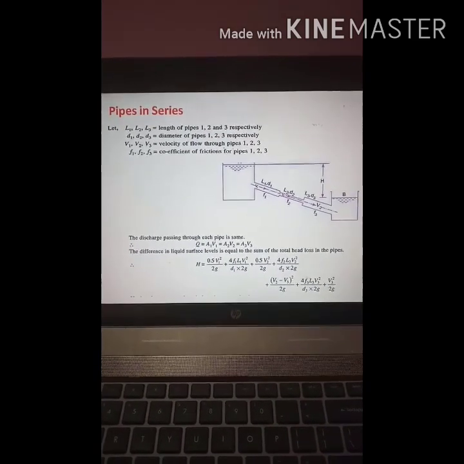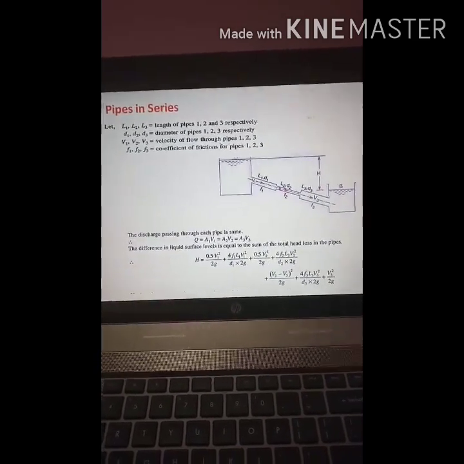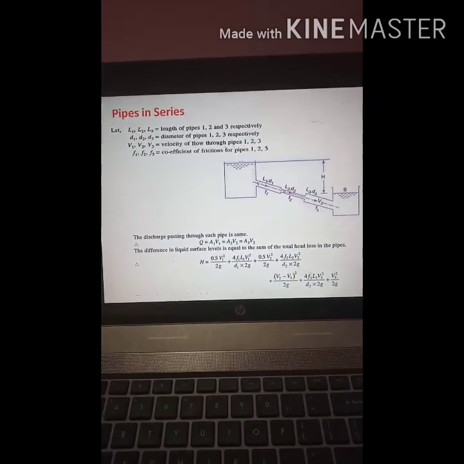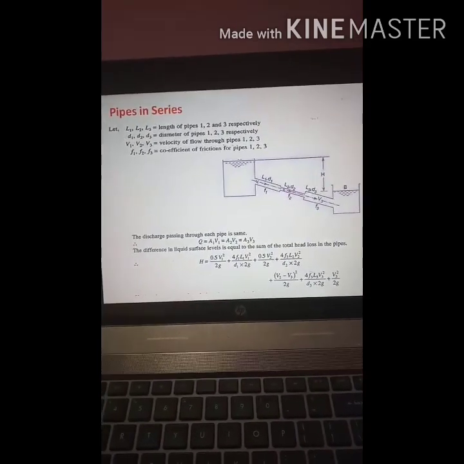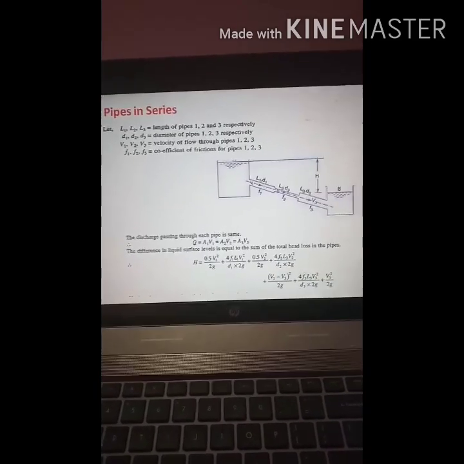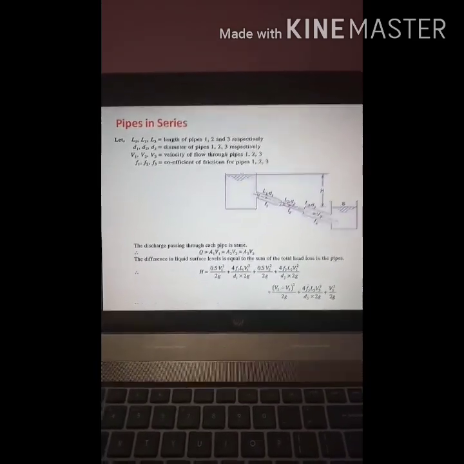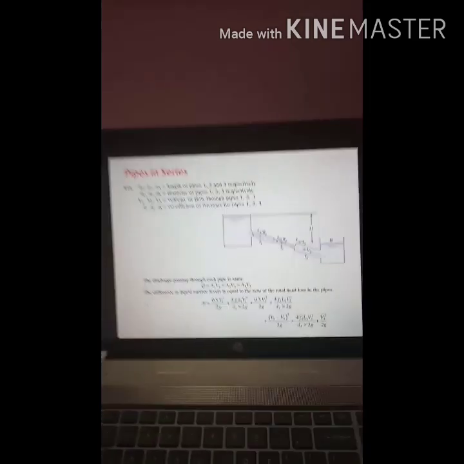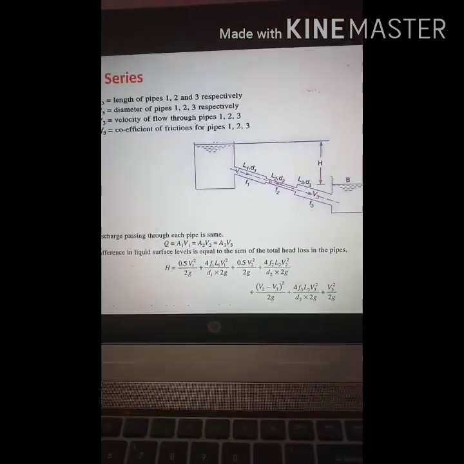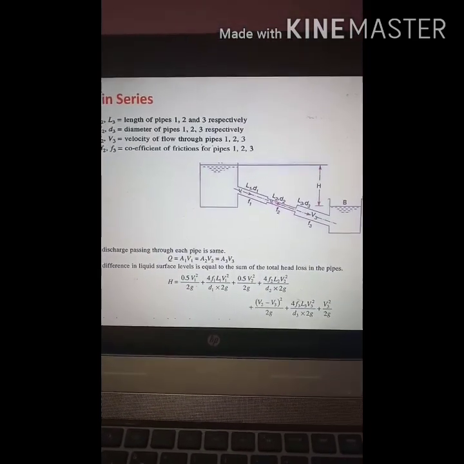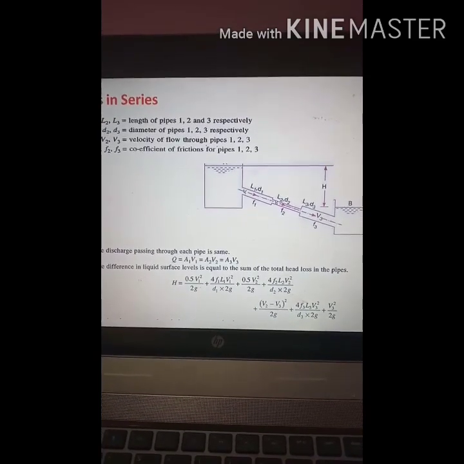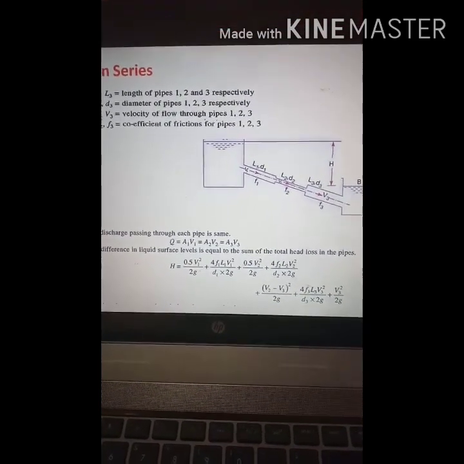The reason behind this is that if you use a single pipe of long length, then there is a loss of head due to friction, or major loss, because major loss is a function of length. If the length is more and the same coefficient of friction is there, it depends on the length of the pipe, and that's why the major loss will be higher.